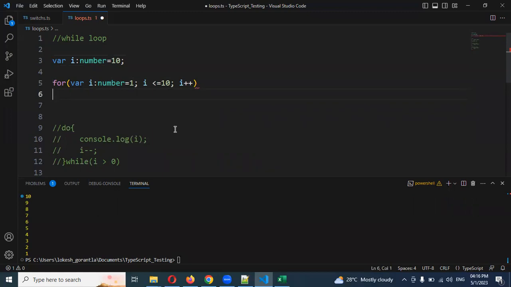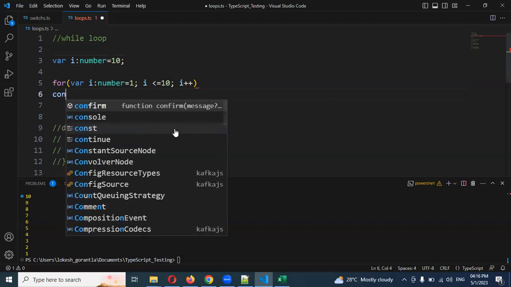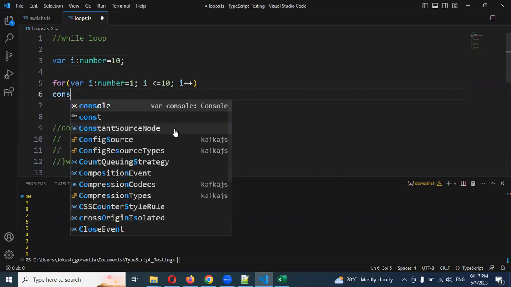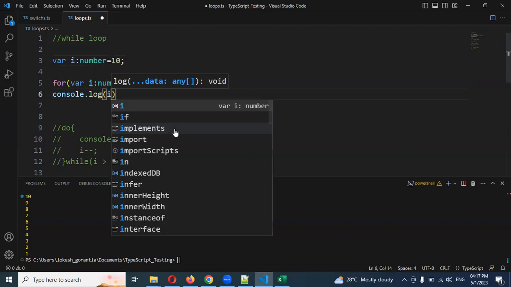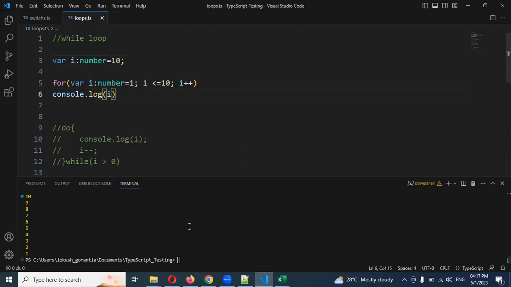Previously, we first initialized the variable, then checked the condition, then did the increment. In while loop and do while loop, we first initialize the variable, then go inside and increment the value, then go for the next condition check. Now we are doing all the things in one place. I'm going to mention for i. Now you can see